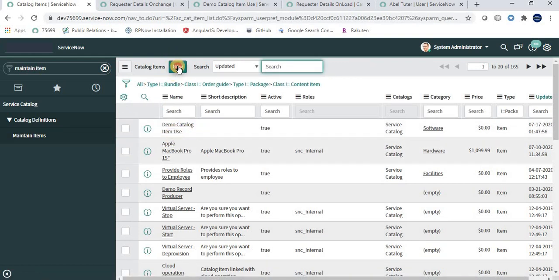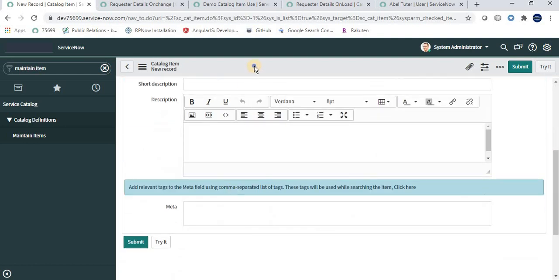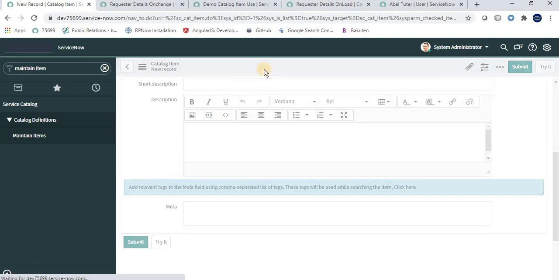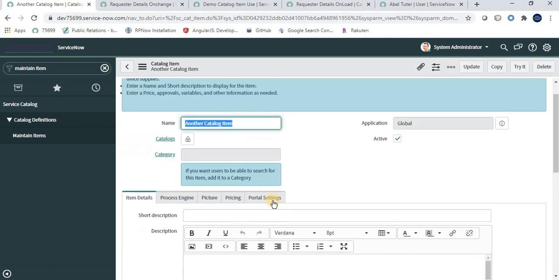Now we are creating another catalog item. I'm not giving the rest of the values because I want to wrap up this video a little soon. So here we save this record.